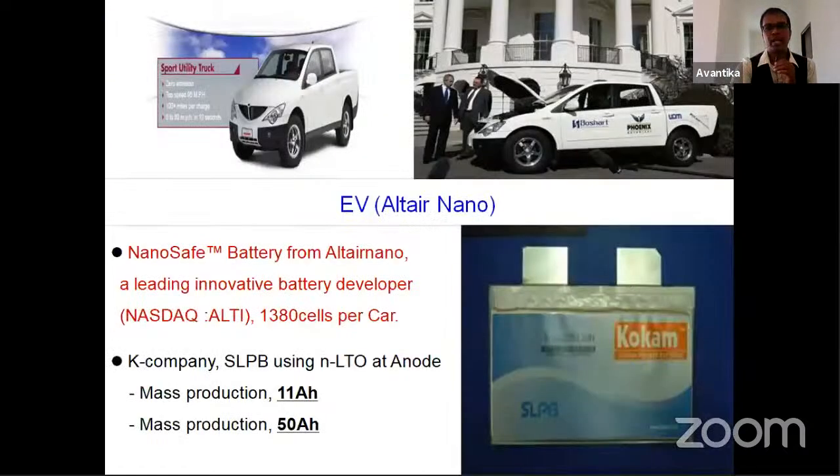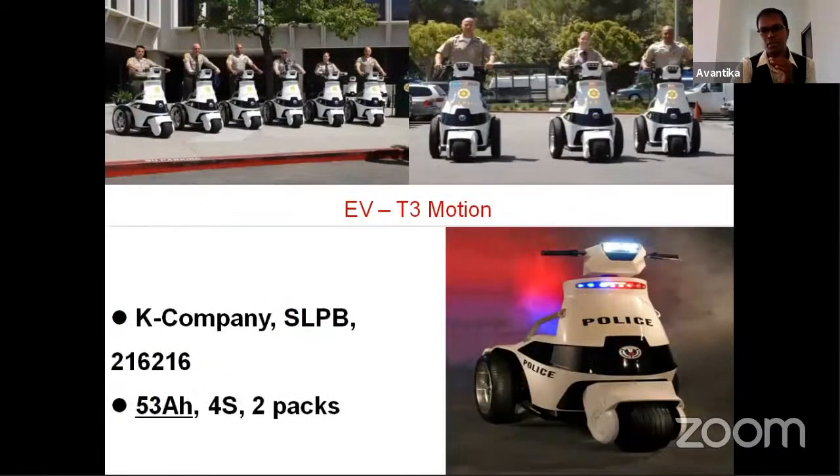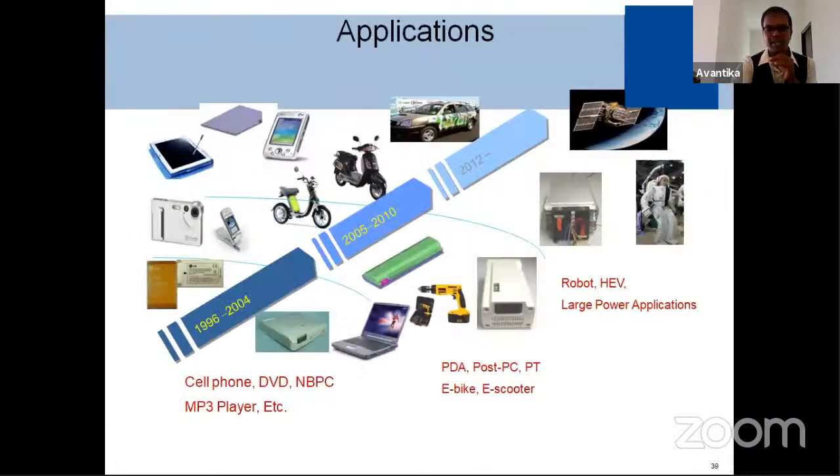Here I would like to show you a few examples, like by using pouch cells or prismatic cells, we can use them in different vehicles and sports cars also. Of course, we cannot expect much speed. For patrolling purposes in the UK, they are using this kind of vehicle with lithium-ion batteries. Within the city, they can use it with that limited speed. It's really successful, and they are using it.